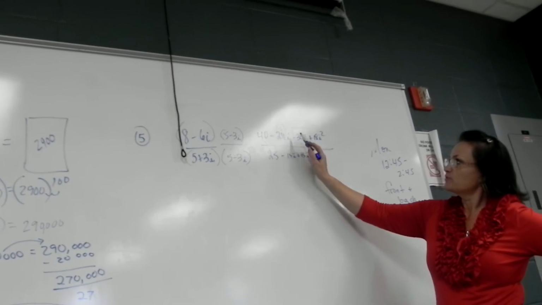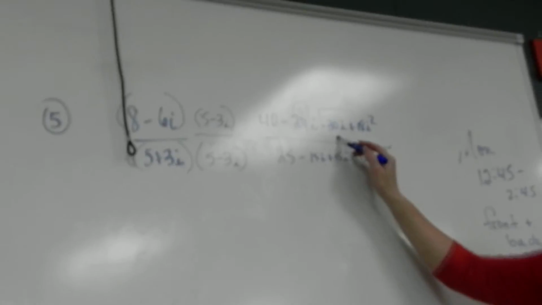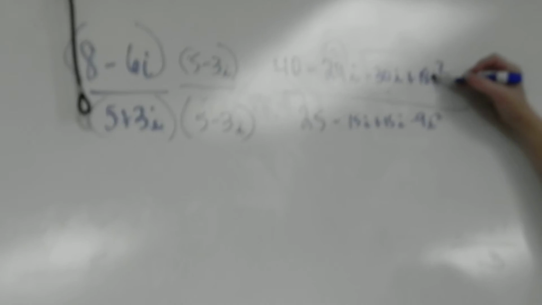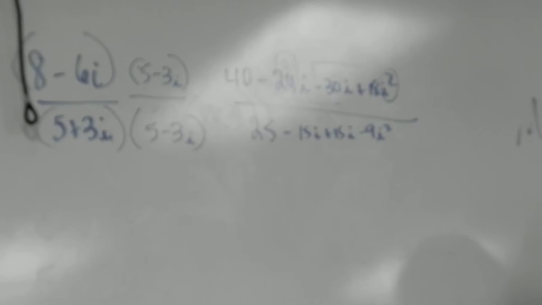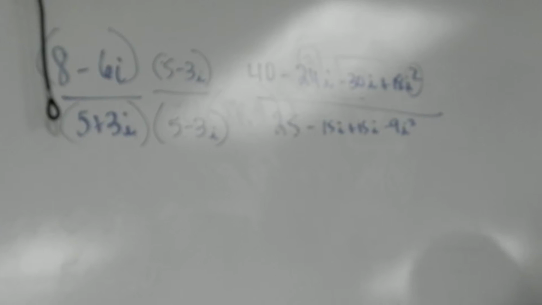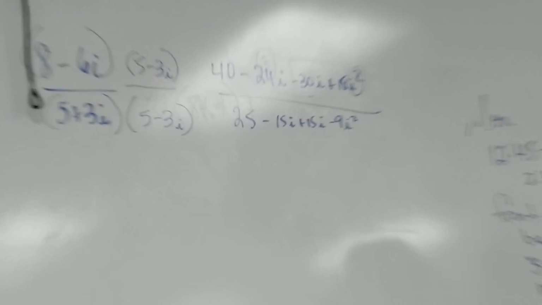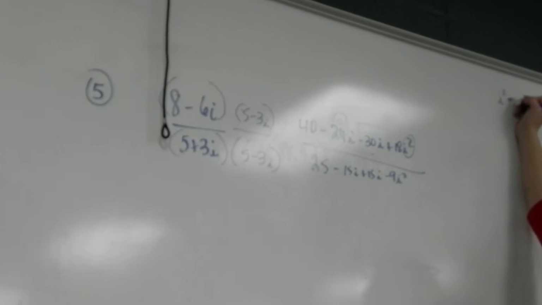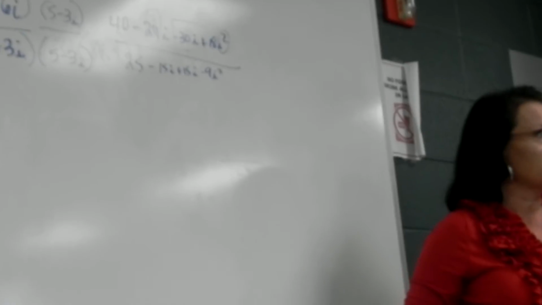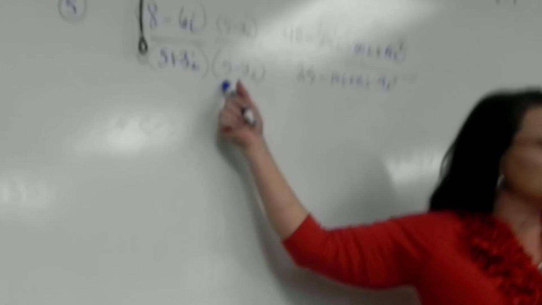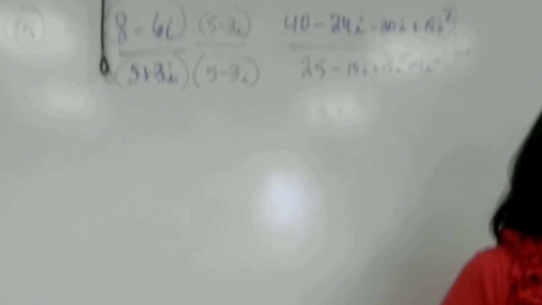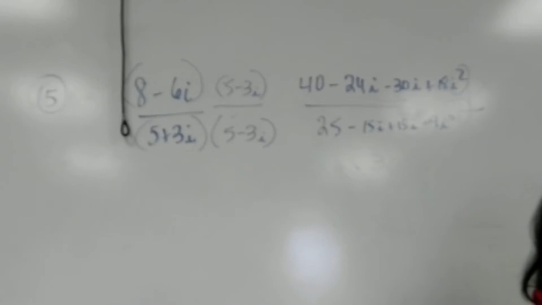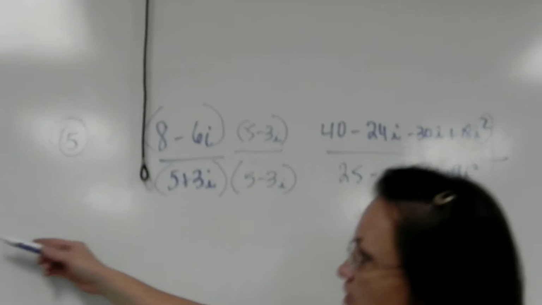So we've got a negative 24i and a negative 30i that will combine to be negative 54i. And then because there's an i squared, anytime you have an i squared, make a note to yourself, i squared is negative 1. If you're thinking about this note card, I said I'd try to make a little list of what I think I would put on my card. If that's something that you think you need a memory jog for, maybe do that. Or if you need to remember the times by the conjugate. So as we go through, maybe make yourself a little side note. Here's what I think I will need that'll clue me in to do this. And maybe remind yourself to follow up